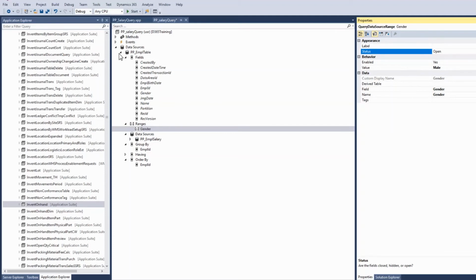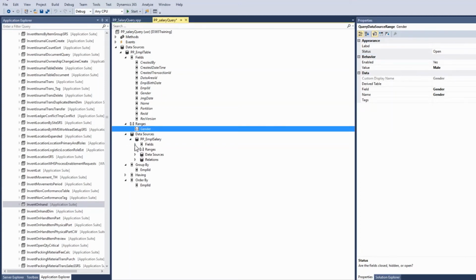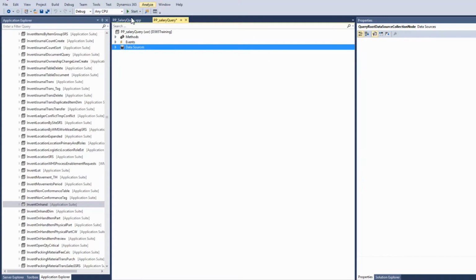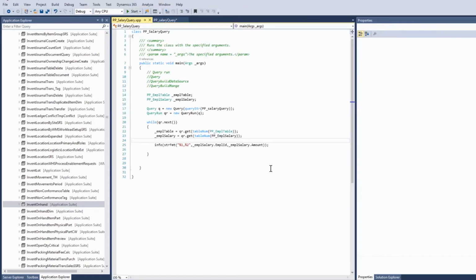Now let's go to the dynamic query. We have finished the static query. Let me summarize. We added one query, we added the parent data source and the child data source, and we did the group by on employee ID, order by employee ID ascending. In the data source we used the aggregate field. Why? Because we used the group by function. If you use group by, then you have to use the aggregate function, and we have added the relation also. Now our query is ready. We have seen how to use this query in the program, so we have completed this.